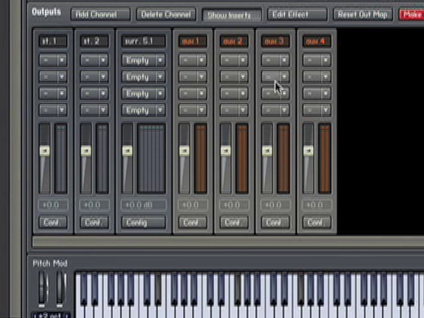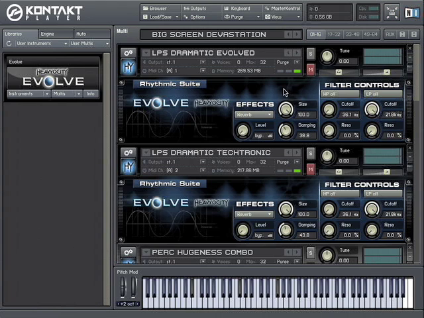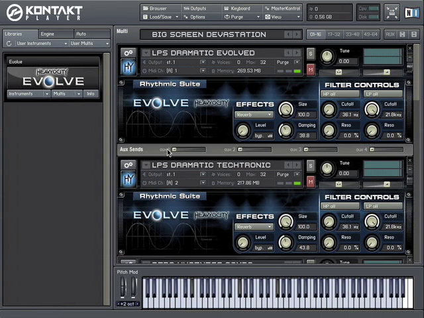We've got 4 auxes here, aux buses, and this is our 5.1 if you've got that capability. So let's get this out of the way really quick here under outputs. And by the way, for each instrument you just go up and you click aux button, and this comes up, and you can determine how much you want to send to the different auxes there. You have your choice of 4. Very convenient. So